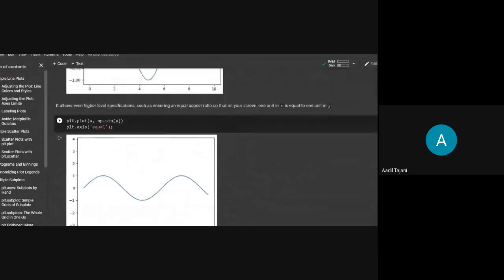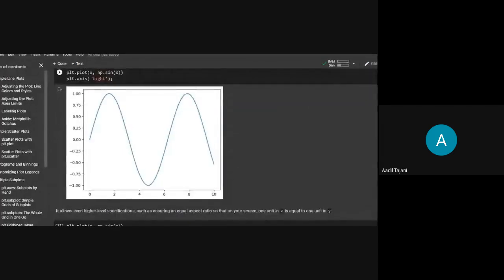Now, suppose you want the axis limits to be just enough for what you require. Then in that same axis function, you can pass a string called tight. What it will do is remove all the extra spacing and give you limits of both axes that are just enough and required.